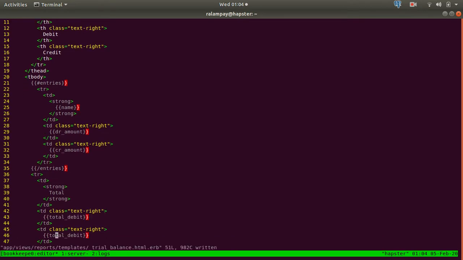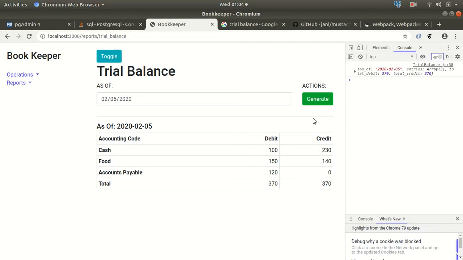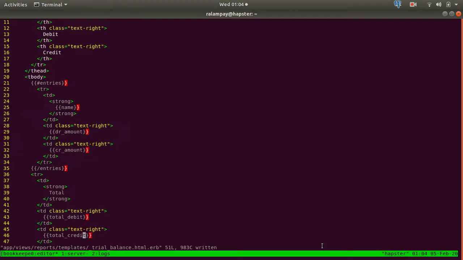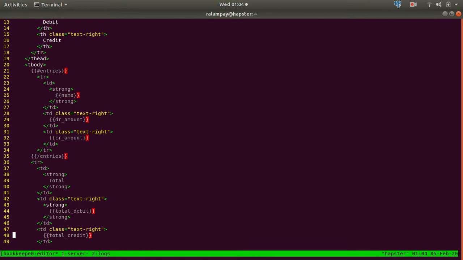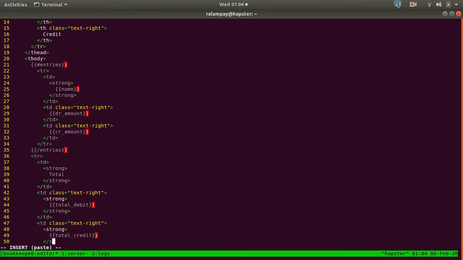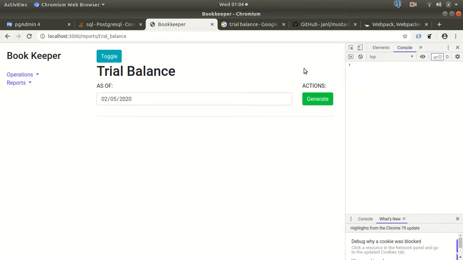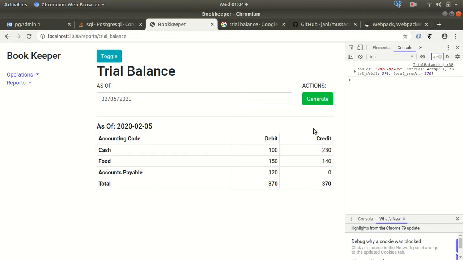Total credit. There we go. Let's make this strong as well, just to emphasize the total. Alright, there we go. Let's see if this works with